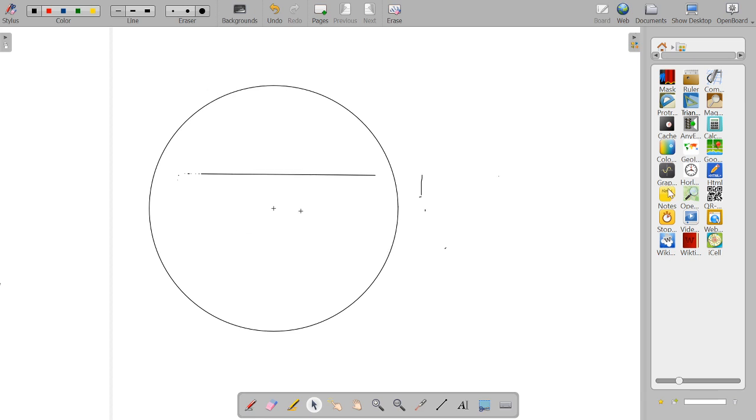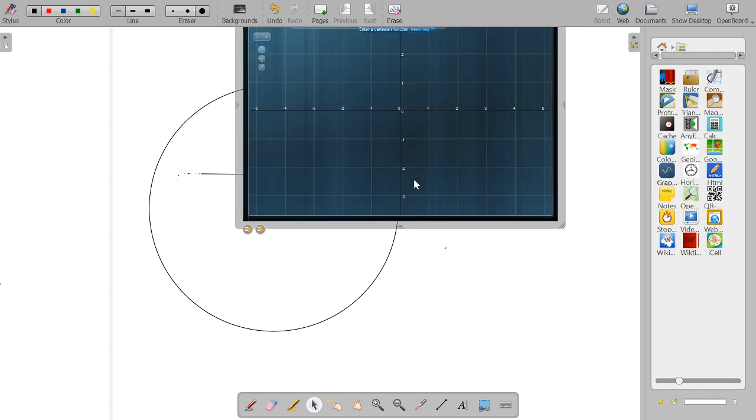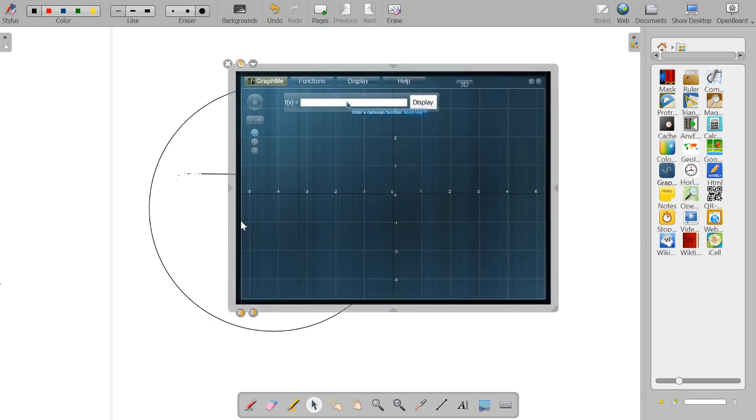Now another interesting thing about this is we are having a graph also. You put the graph over here, and the graph is loading. I will bring the graph down. You can type any equation on the graph.